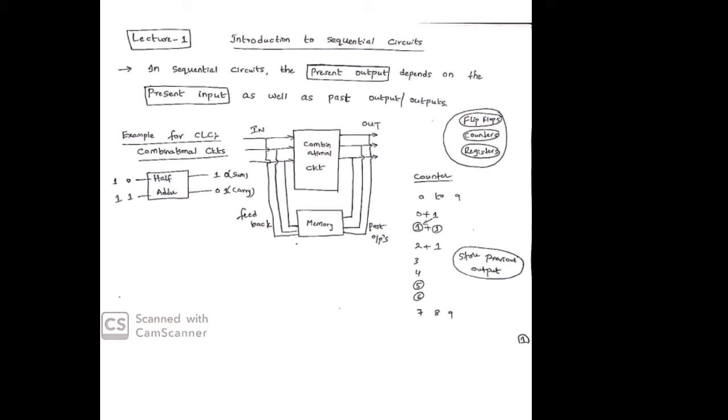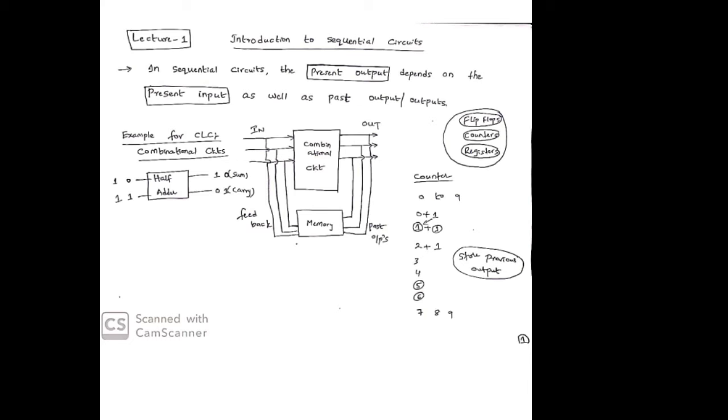In this presentation, we will talk about sequential circuits. It is very important for your digital systems course because this is the base for flip-flops, counters, and registers. These are some examples of sequential circuits. All these three topics are very important. So many questions are asked in competitive examinations as well. So, if you want to master these topics, you need to understand what a sequential circuit is and how it will be used in many digital system applications.